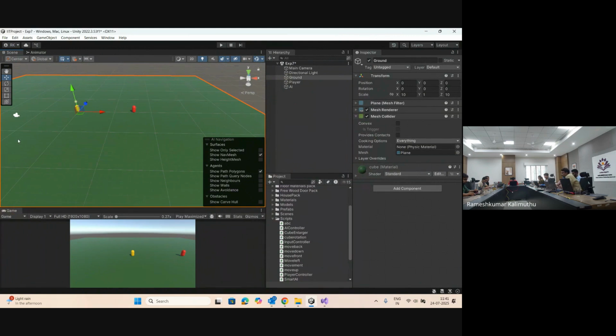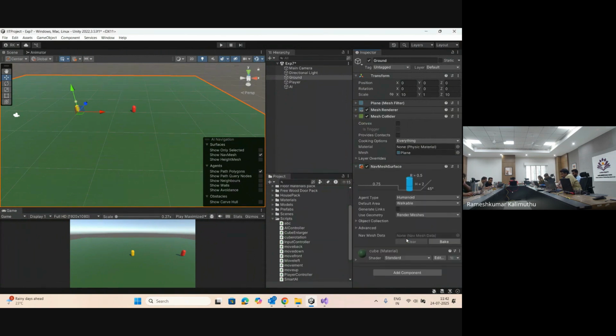So select the ground. In the inspector, click add component. There you can find one component called NavMesh Surface. Can you see this? Click that. Immediately you will get this particular component for the ground. Select the ground, click add component, type NavMesh, then you will get NavMesh Surface. Add that component. Okay, after that